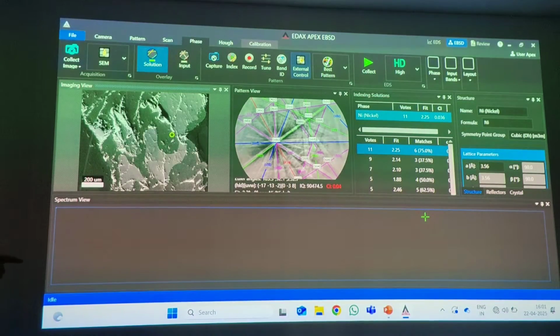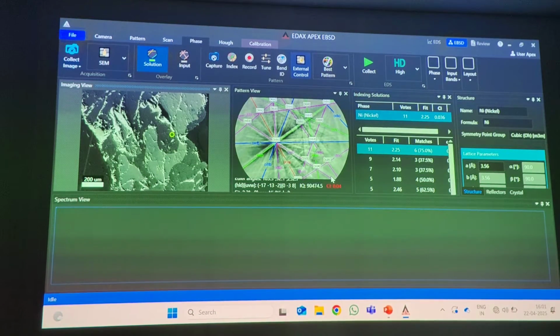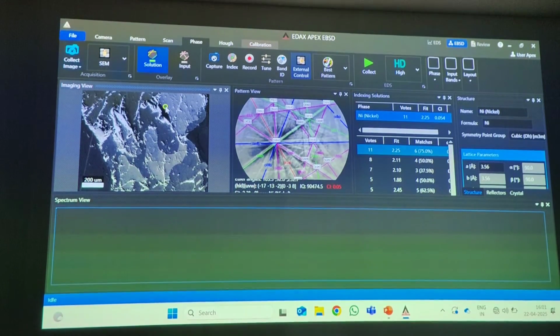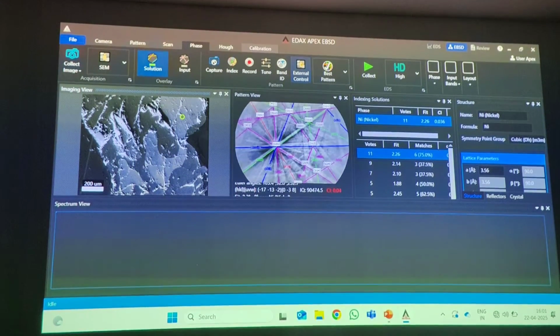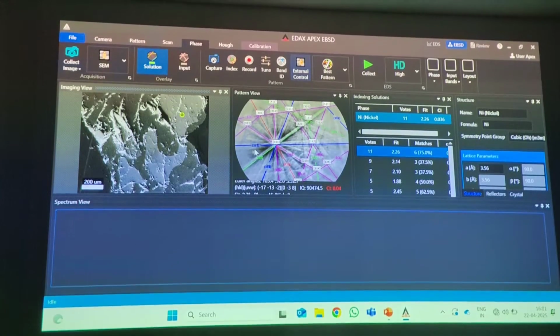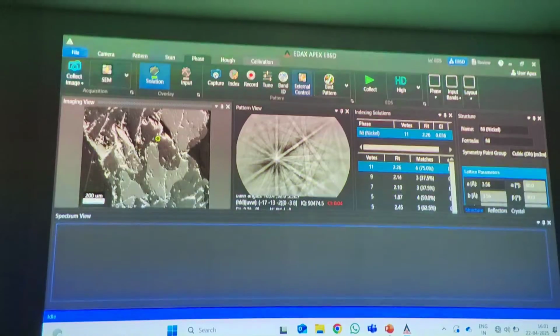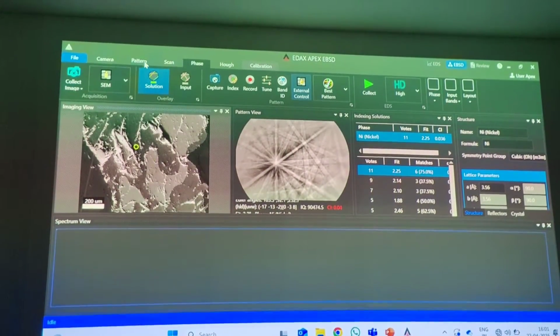To show you something on the left, but I have to change it. Anyway, we'll continue on this one. So the moment I go to a different grain, in this particular case it's a demo software, so it's not changing here, but ideally your pattern will get changed and then it will match against that particular database. So in this case it is not happening somehow.